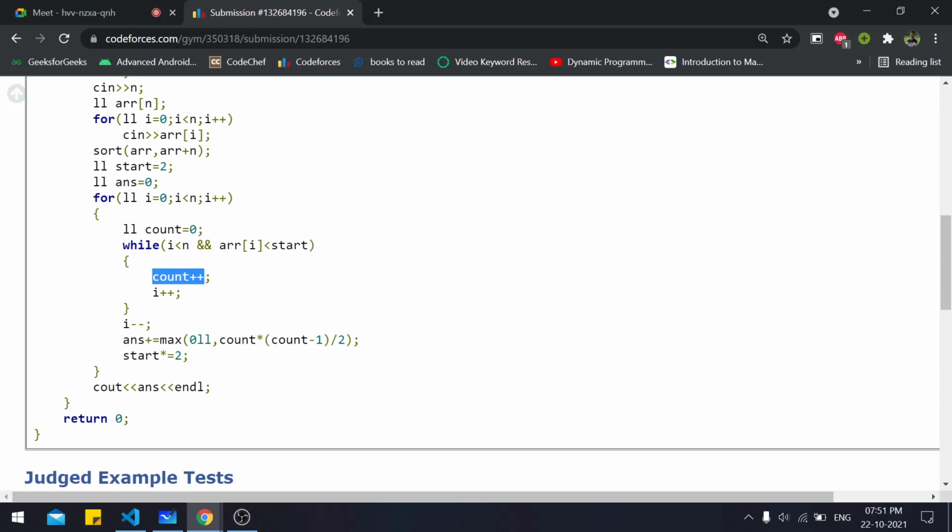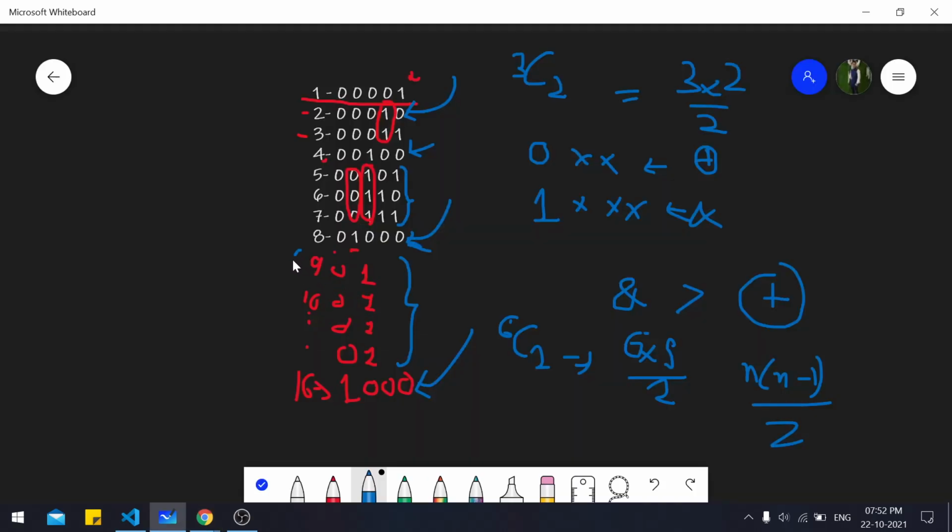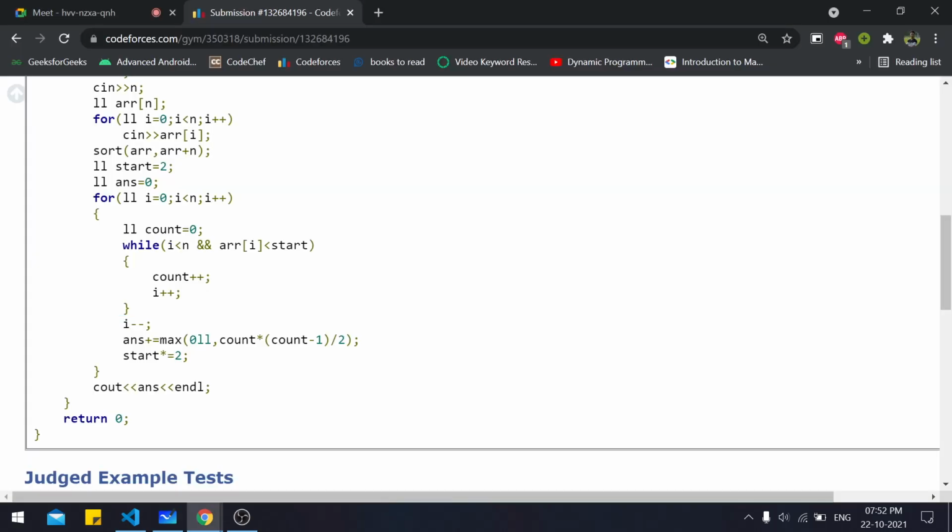Every integer in this range might also repeat, right? In example 1, it was repeated. We have no problem with that, as we have seen that the AND value of it will always be 1 and the XOR value will be 0. I have also added a condition here: if by chance count was 0, meaning we have not found even one element in a particular range, then the count minus 1 might become negative. We don't want to update the answer with a negative value, so it safeguards us from that. It always checks whether 0 is the maximum or this value is the maximum, and updates the answer like that.